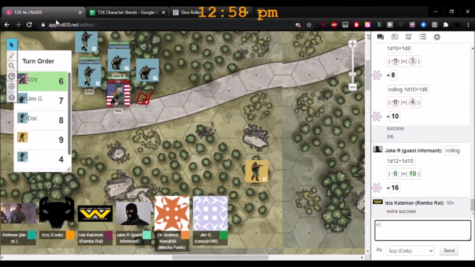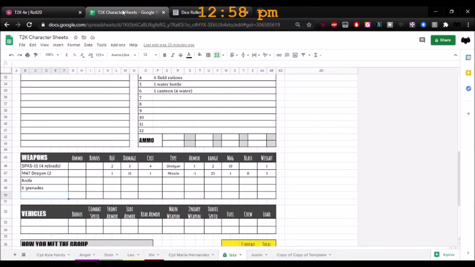So that's long range, which means for a shotgun, you're using a shotgun, correct? Yeah. For a shotgun, you reduce the damage for each range. It doesn't affect accuracy since the shot spreads, but it reduces damage. Your damage for your shotgun is what, 3? It is 3. So at this range, it would be down to 1 damage.